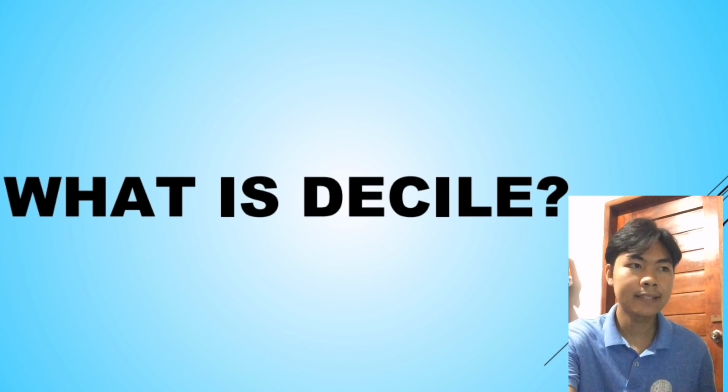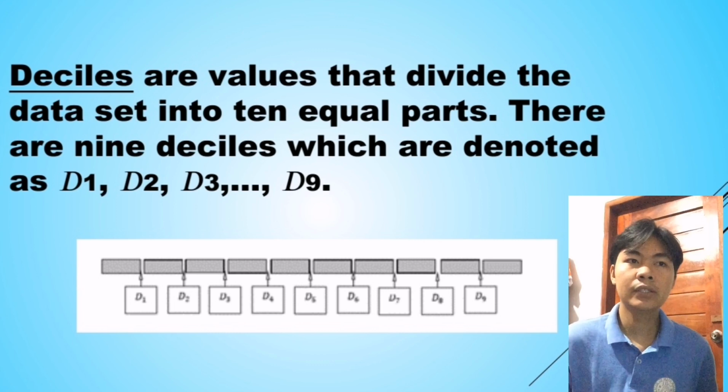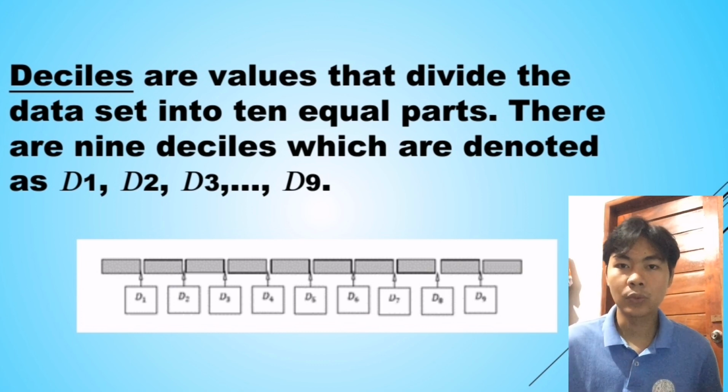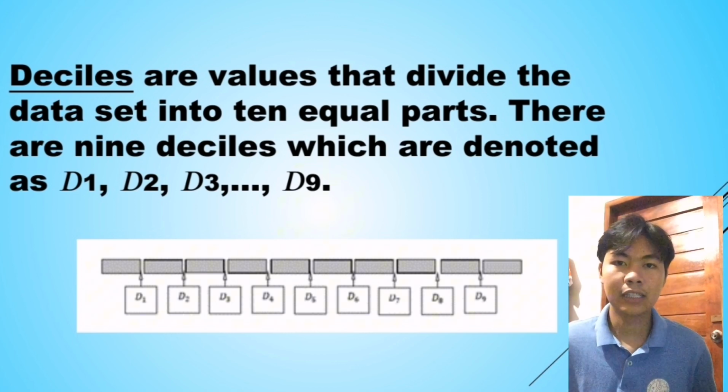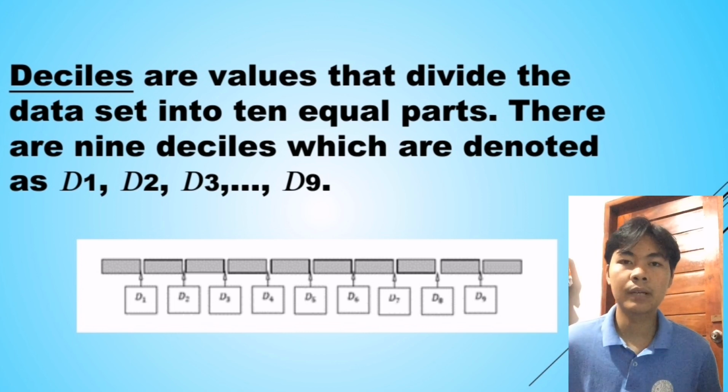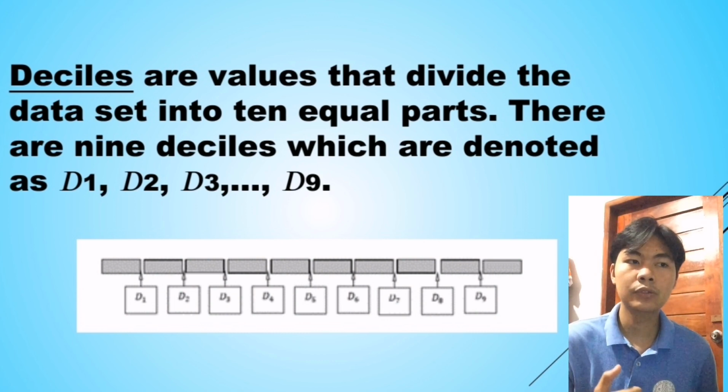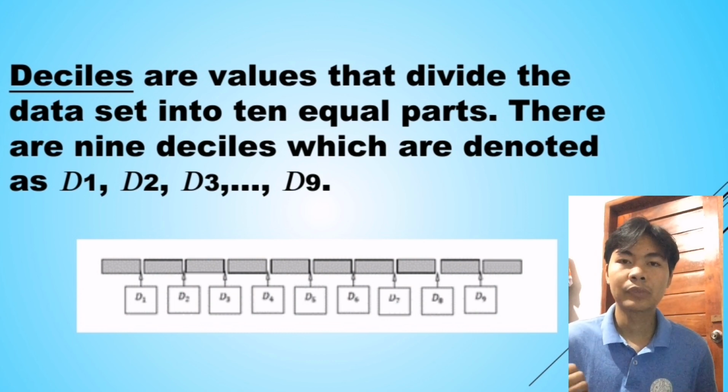Okay, when we say decile, these are values that divide the dataset into 10 equal parts. There are 9 deciles which are denoted as decile 1, decile 2, decile 3, and so on till decile 9. So as you can see here on our figure, meron tayo ditong buong set and it is divided into 10 equal parts. As you can see doon sa baba ng figure, nakadenote dyan yung decile 1, decile 2, decile 3,